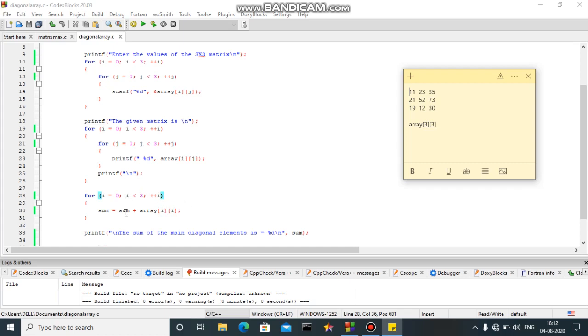The initial value of sum is 0, therefore for the first time no garbage value will be used. So 0 plus array of 1 1 will be added for the first time, that would be 11.